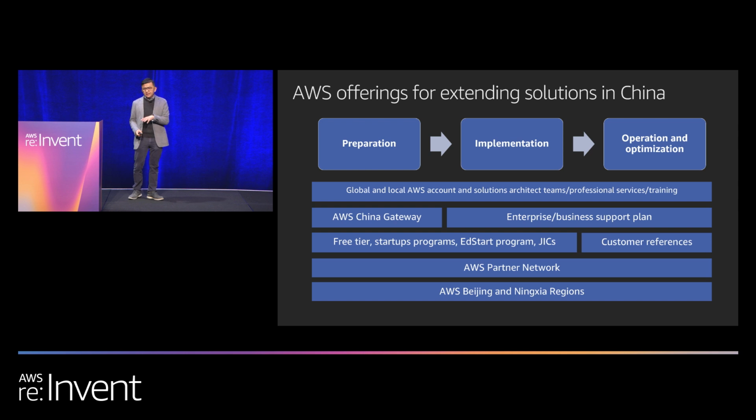In the slides later, I will walk through many programs and the teams that we have in place to help customers that either have not considered China before or already have operations in China to land in China. That includes our teams in place. We have full-fledged professional services, training, solution architects, and technical support, all in China, ready to help our customers. We have a gateway portal, which is our external-facing portal where customers can check information. If you were here for last year's session, you will have heard me talking about the soon-to-be-launched gateway portal, and we have launched it. It contains a lot of frequently asked questions that customers have previously asked us.